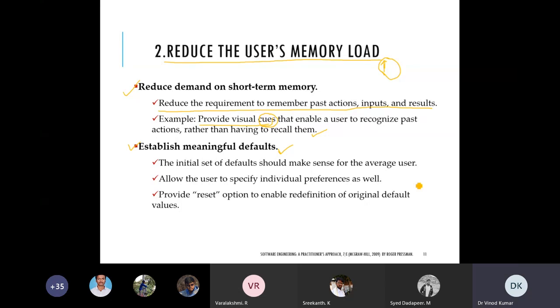So what is that? After some time we forget how I did it. So what I will do, in Windows the option will be there. In that the default option will be there. So in that we can go and select default, so everything will be reset to the initial state. Previously it was there, the default setting was there.